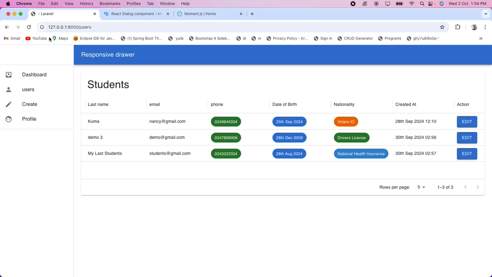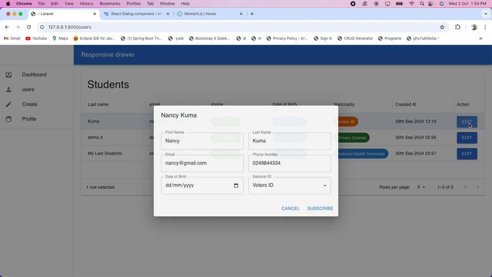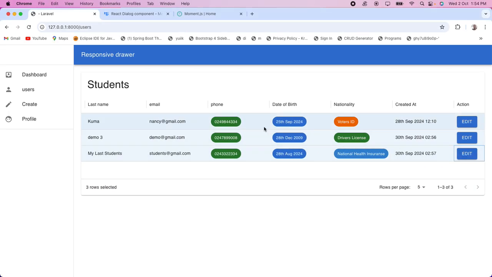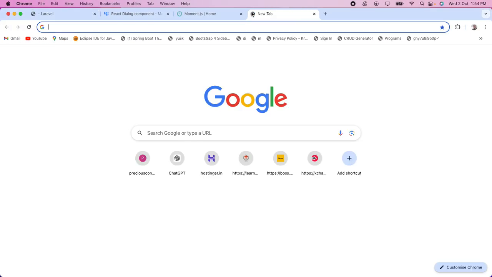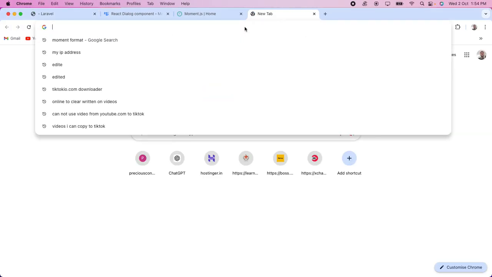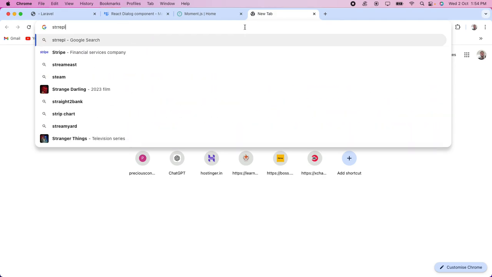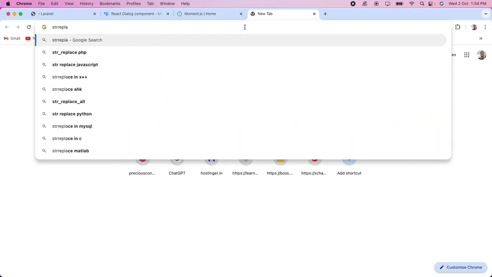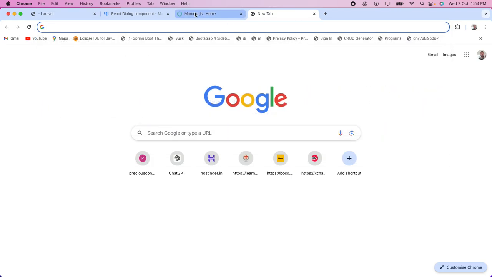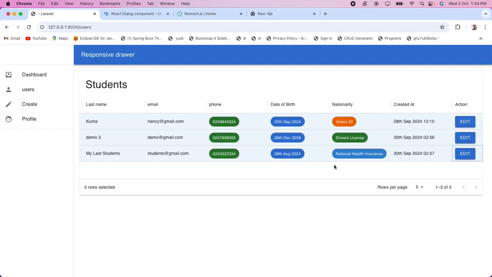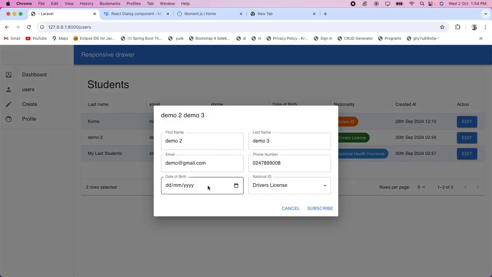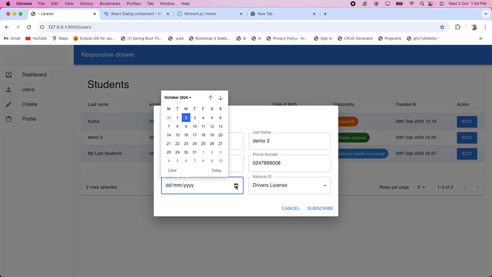All right, and when we click on it, it is not giving us that, but let's use string replace. String replace. Okay, guys, it will take much of our time, and time is almost up,